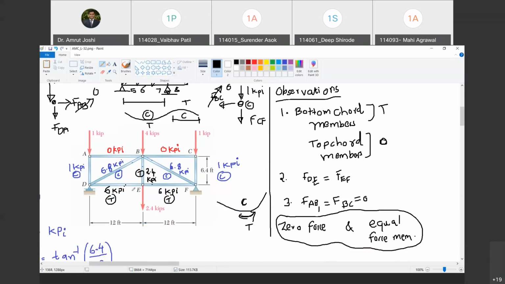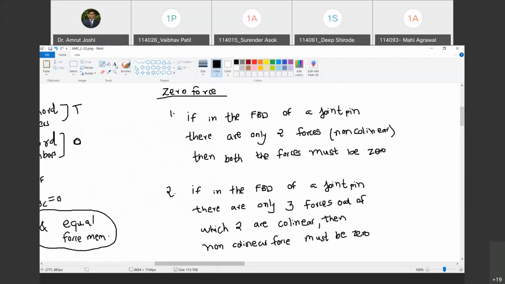Now what about joint E? Here there are 3 members, so there will be 3 forces, but there is also this fourth acting force. Are you with me? Yes, sir. So in the free body diagram there are not 3 forces, there are more than 3. So we cannot apply that rule here as well. Happy? Yes, sir. So we can apply that rule, the second rule, only at A and C, and we get the force in members AB and BC as 0 without writing a single equation. Happy? Yes, sir.